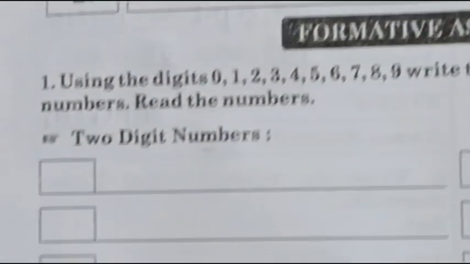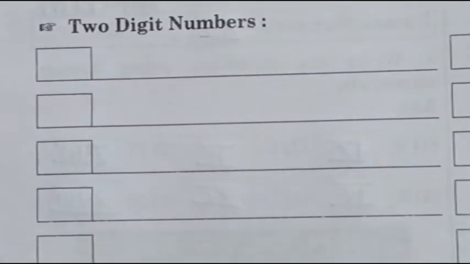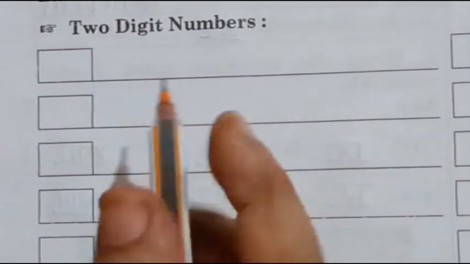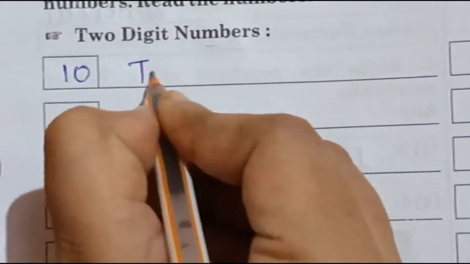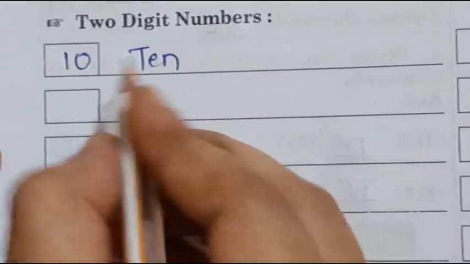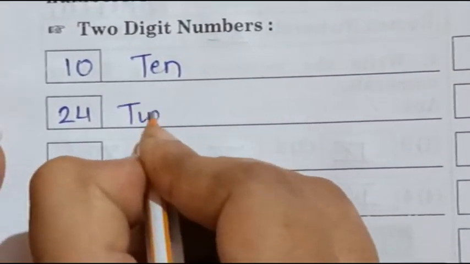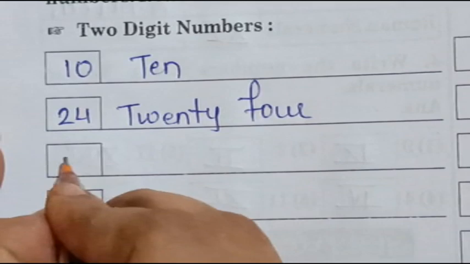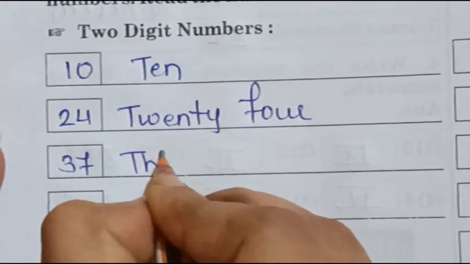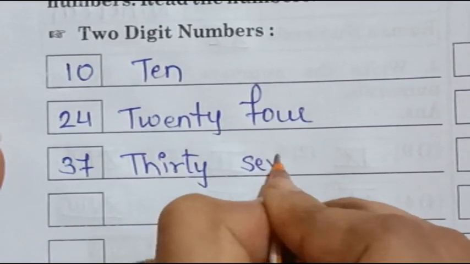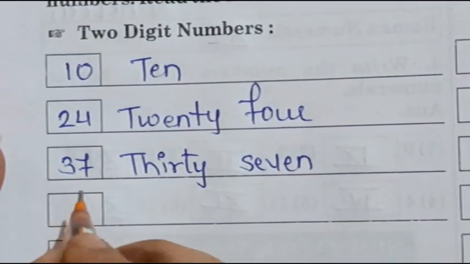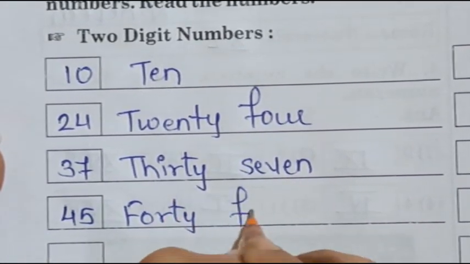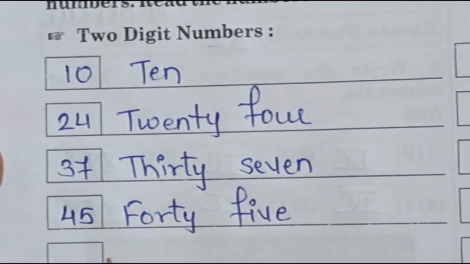Already I have explained this question. I will just write down the notes and even you will complete it. Is that clear? So first I'll write here 2 digit number, that is 10, and I'll write in words it is 10. Second is 24. I will write 24. Okay. Third is 37. So I will write it as 37. Next is 45. It is 45. So 45. Okay. Next is 56.